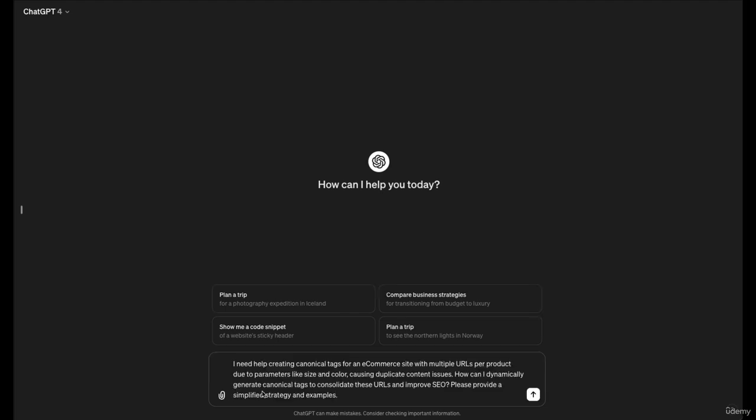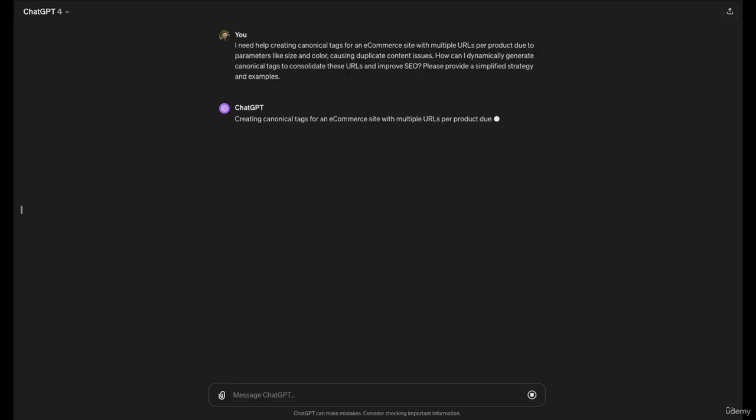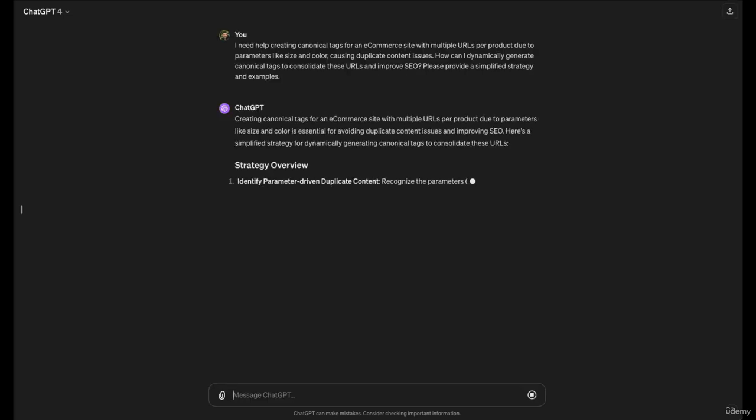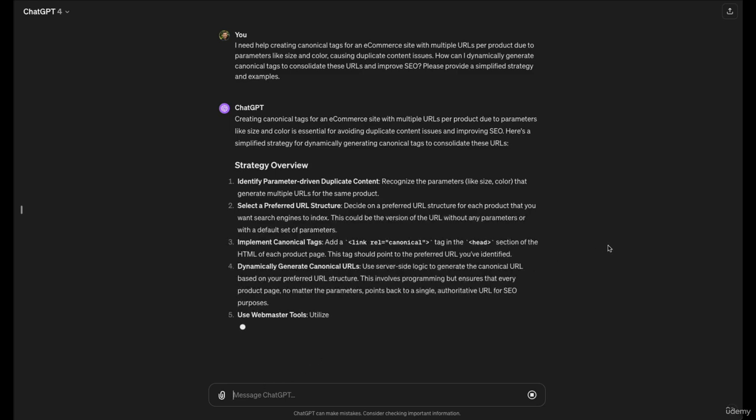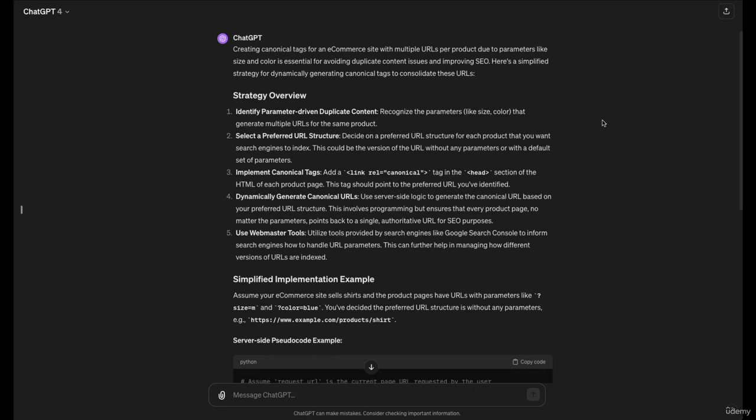I need help creating canonical tags for an e-commerce site with multiple URLs per product due to parameters like size and color, causing duplicate content issues. How can I dynamically generate canonical tags to consolidate these URLs and improve SEO? Please provide a simplified strategy and examples. And like this, we get a simplified strategy to implement canonical tags on our website and also a simplified implementation